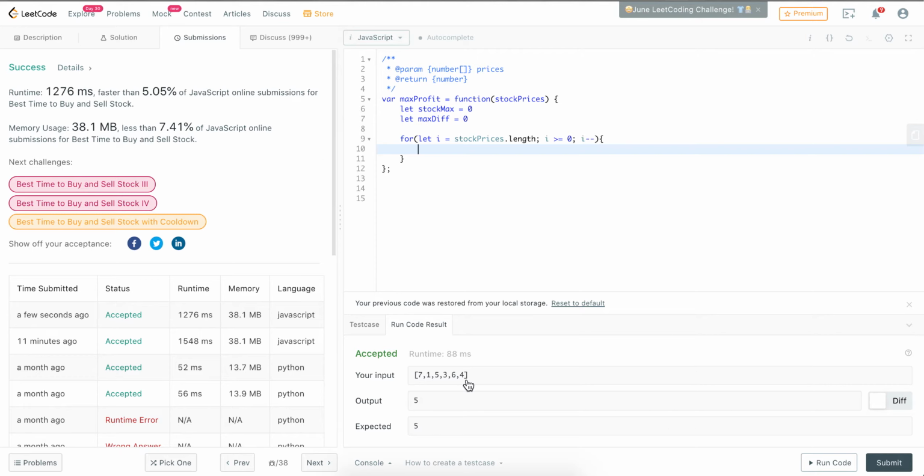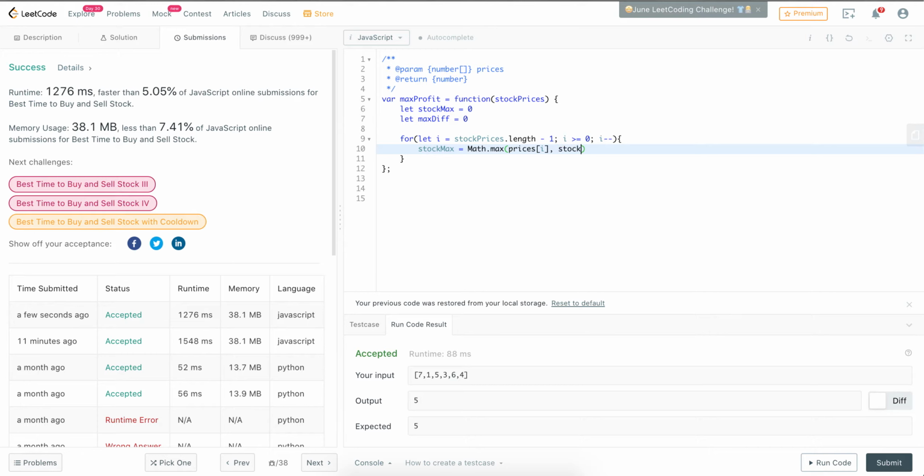It's actually 6. Okay. So then here, the next step is you say as long as I is greater than 0, greater than or equal to, that's important because it needs to be set to, actually, I think if we do minus 1 here, that'll make more sense. So now when I subtract from that length, as long as it's greater than or equal to 0, it'll cover all of our elements. And then simply what we can do here is let's make the stock max and set it equal to math.max of prices of I,